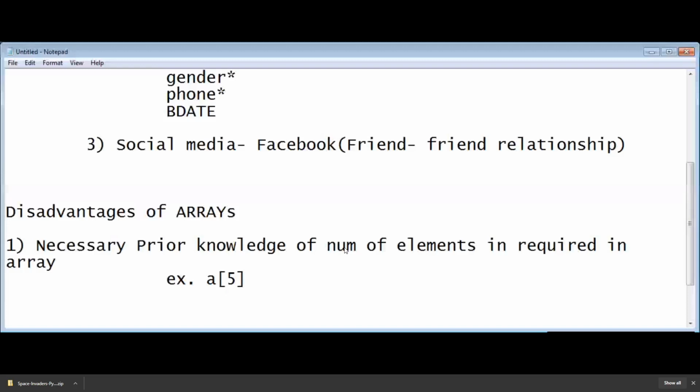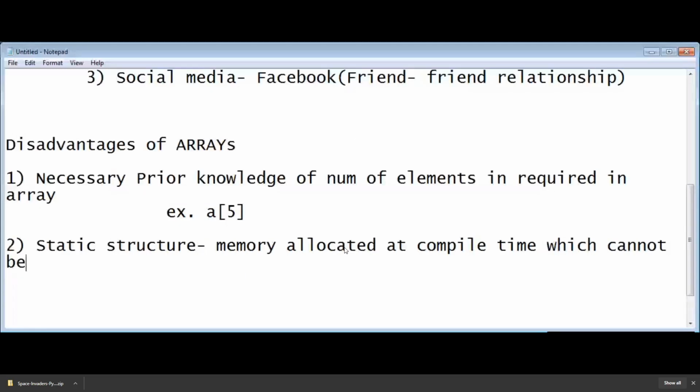Second, this is a static structure, meaning the memory allocated at compile time cannot be reduced or extended. It is a static structure.